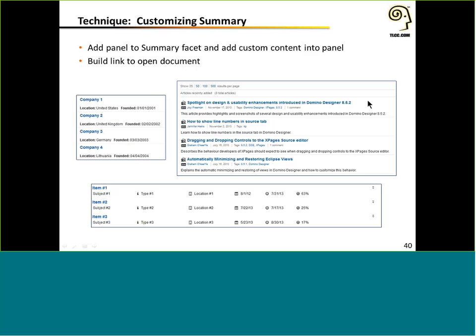Now, off to the right here is a great example of a custom summary in data view. And this is from an IBM developer wiki, where you can see they've got a 3-line summary where they've got their title and link. The second line here has a name, a date, and tags, and these have active links that you can click to find related content. And then the third line is essentially a summary of the content. So this is a great example of a customized data view, and it even has an icon spot on the left-hand side that they're making use of. But again, there's no details here. There's nothing to expand and collapse. These 3 lines are shown as the summary for every entry in this data view.